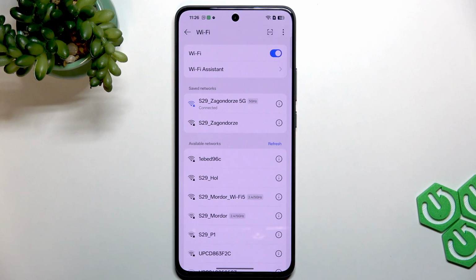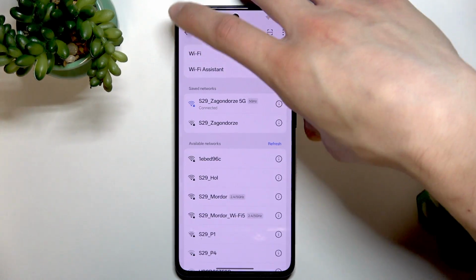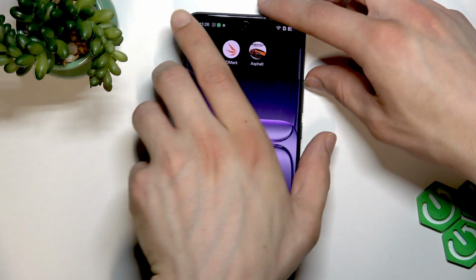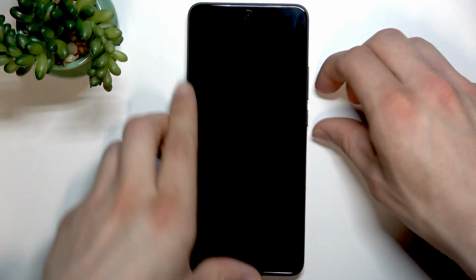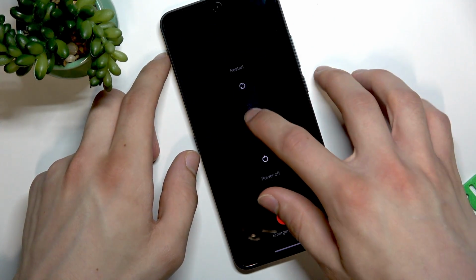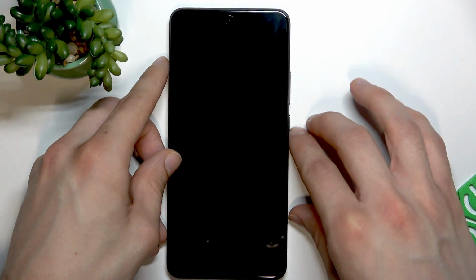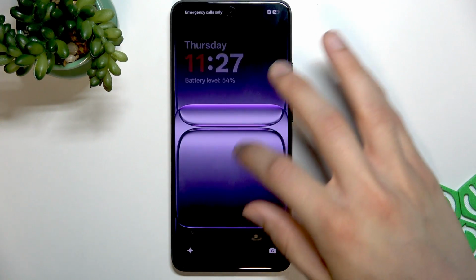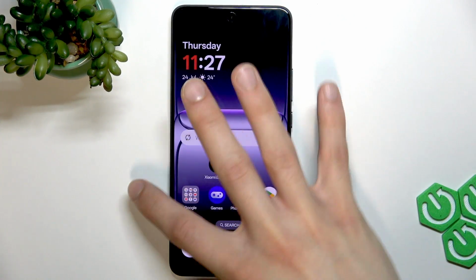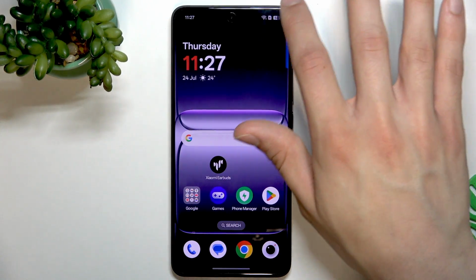And if this didn't help, what you can do is restart the router if you own it, and also restart the phone. To restart your phone, simply press the power button and the volume up key at the same time and select restart right here, and then wait until your phone reboots. And once your phone is restarted, give it a moment to reconnect to all the networks, and if it didn't help you solve your problem,